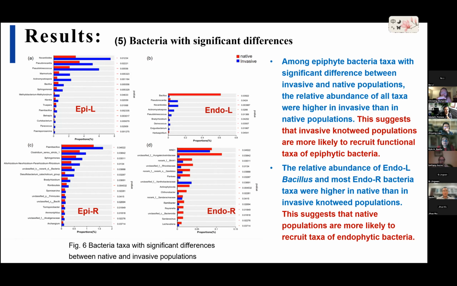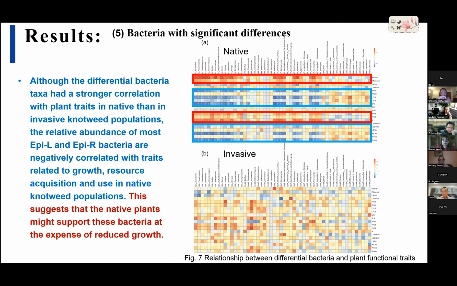epiphytic bacteria, where the relative abundance of leaf endophytic bacteria and most endophytic root bacteria taxa were higher in native than in invasive knotweed populations. And this suggests that the native populations were more likely to recruit taxa of endophytic bacteria. This is this part. Then we continue to